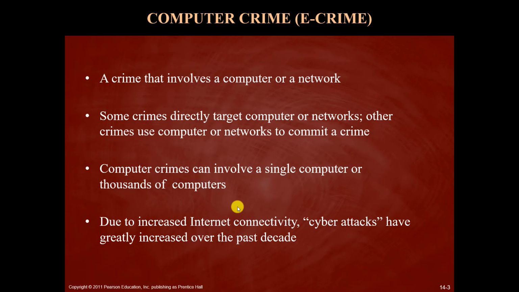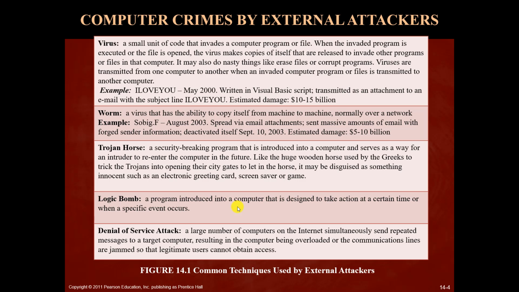Those e-crimes range from spreading false news all the way up to gaining access to critical infrastructure like electrical plants and nuclear facilities, and doing some damage there. So here we have some examples of e-crimes committed by external attackers. One thing that I'm sure you're all aware of, one type of security breach that happens all the time, and I'm sure you had this experience at some point of your personal or professional life, are viruses.